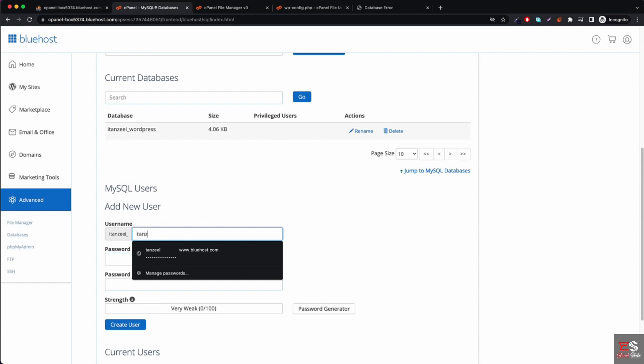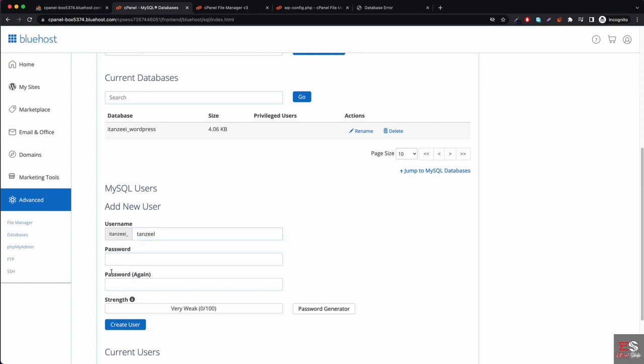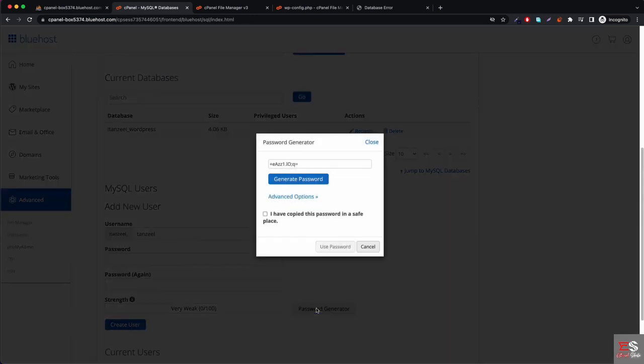So let's suppose that I want to create a new user as this, itanziel.com/_Tanziel. And now in the password, I will use a password generator. The reason for that is that I am using the strongest password possible, because now my website will be online. That is why I have to use this password generator. And now here you can see that this has generated a password. Now I will copy this password by just pressing